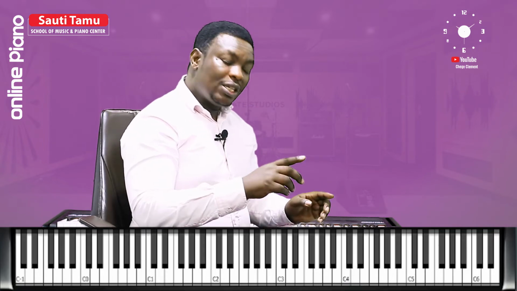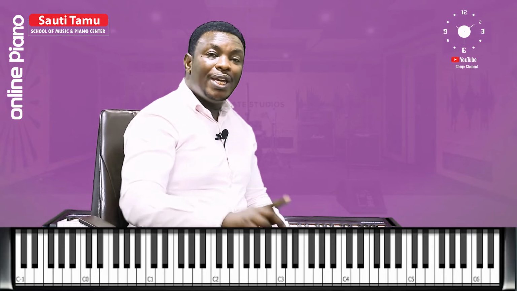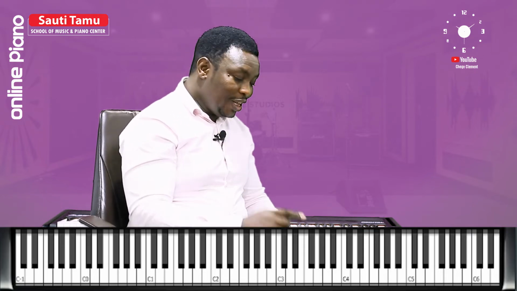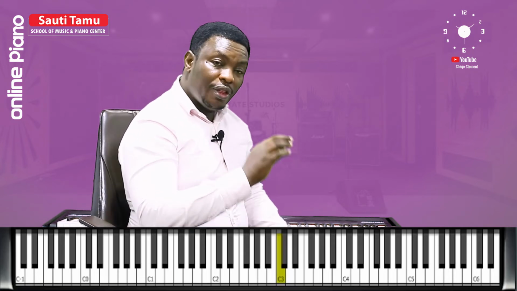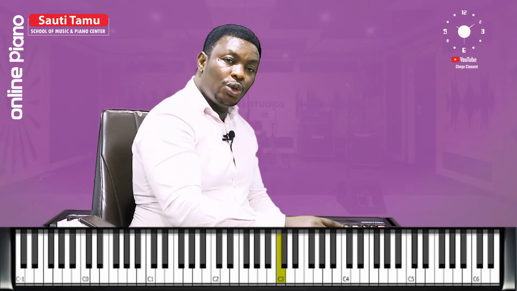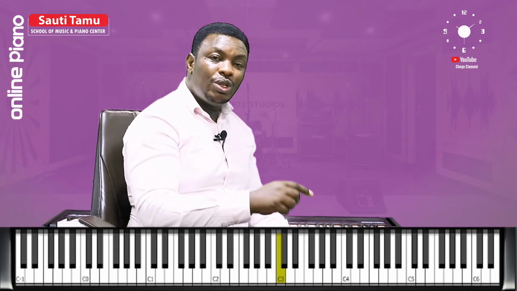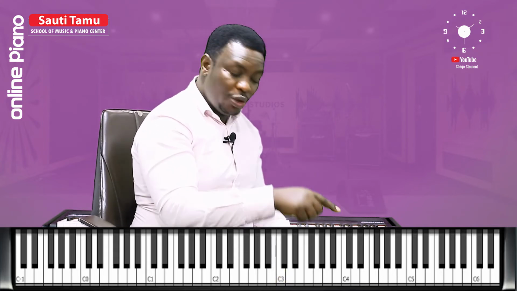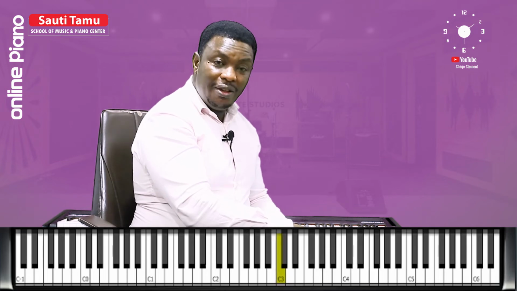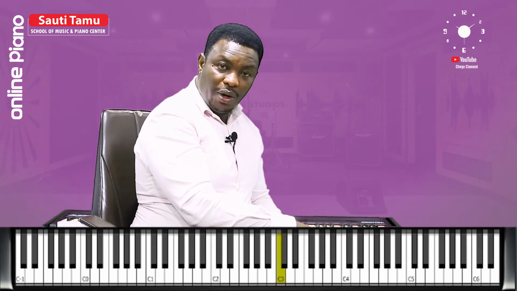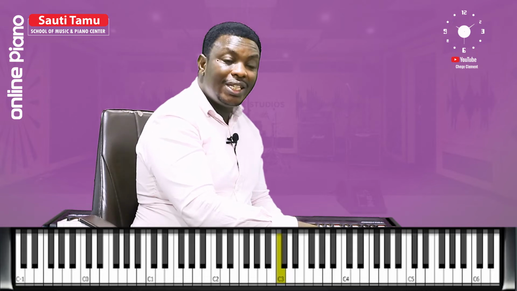Now music assumes that when you are forming a scale, you already know that you're supposed to start with C as a starting point. So with the formula tone, tone, semitone, you start counting tone from the first note, which is a C. Why? We are in the C scale. And music believes that when you are forming a C scale, you must start with C and end